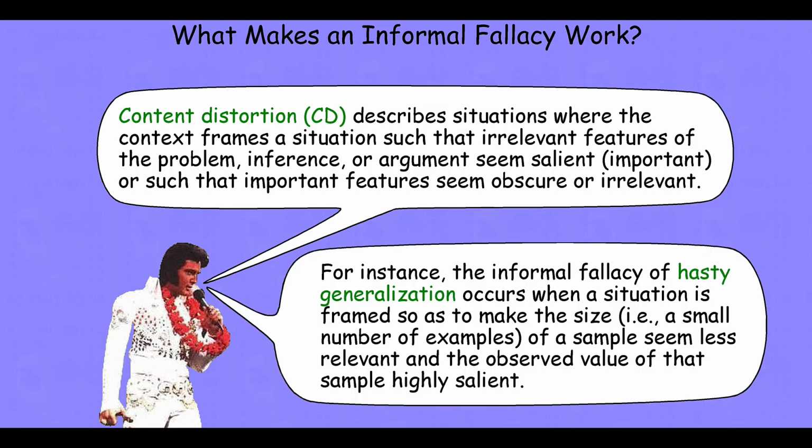An excellent illustration of content distortion comes in the form of the informal fallacy of hasty generalization. In cases of hasty generalization, one has made a number of observations about the environment from which a pattern has emerged in that small sample size. Our native System 1 inference strategies tend to focus upon the value that we observe in the sample and tend to ignore or to play down the size of the sample as well as its evidential merit, its likelihood to be representative of the population from which it was drawn. As a result, we're often making generalizations on the basis of samples that are just not predictive.